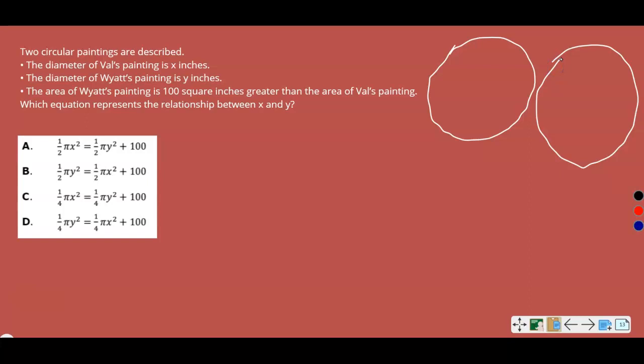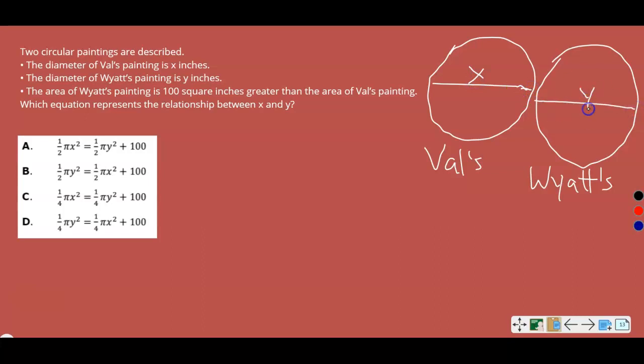And I'm going to say one is Val's and the other one is Wyatt's. And the information given says two circular paintings are described. So we've got two paintings. Pretend like those are circles. That's the best I can draw, but you get the idea. So on Val's, it says the diameter of Val's painting is X inches. So we know that this is going to be X inches, and we know that Wyatt's is going to be